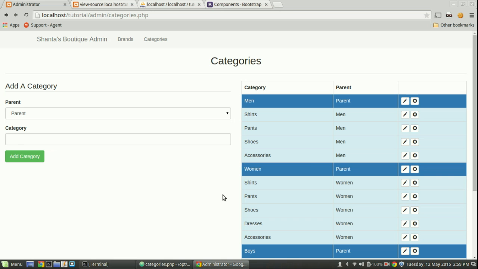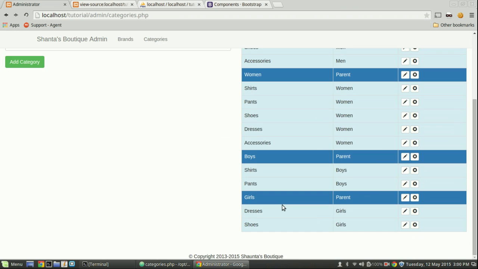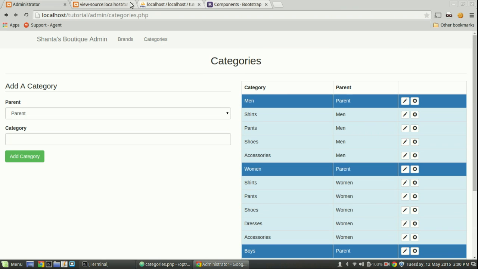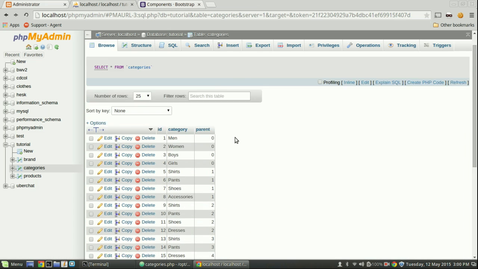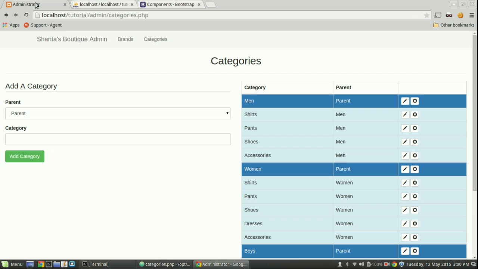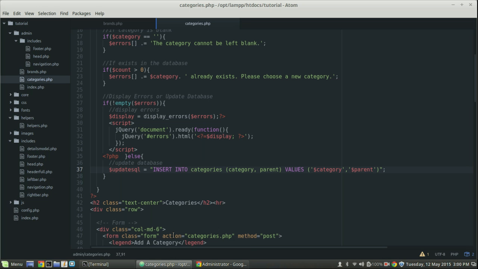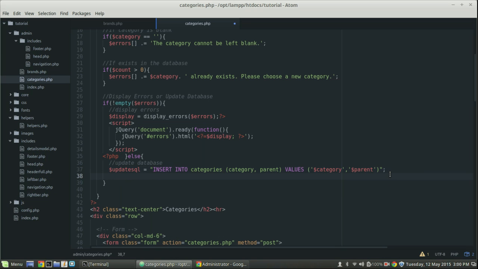So now if I try to add men, we're still going to get that, but if I try to add gifts, which doesn't exist, if I go down here now, that did not work. Yeah, that did not work. So let's look at our code real quick. Yeah, of course it didn't work. I mean, we built the query here, but we didn't actually execute the query. So now we just need to say